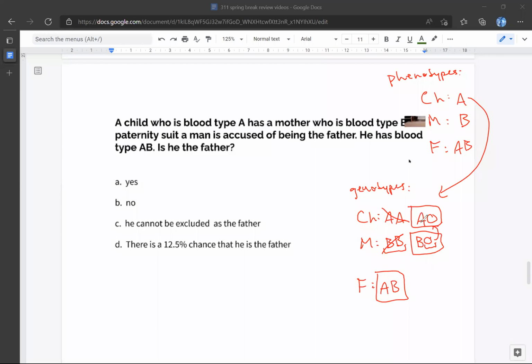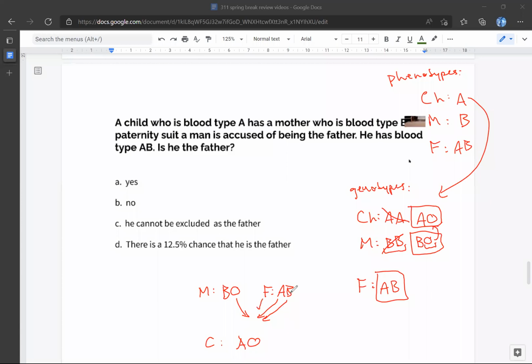But we have this child whose genotype is this. We have the mother whose genotype is this, and the purported father whose genotype is this. When they cross, we know that the mother gives this O allele to the child, but in this cross, the father could provide the A allele that we see, or he could provide the B allele. And in that case, the child would be BO instead of AO. Because the mother gives the O, the father would either give his A or his B allele. So it is entirely possible that this man who's being accused contributed his A allele to this child and is therefore the father,